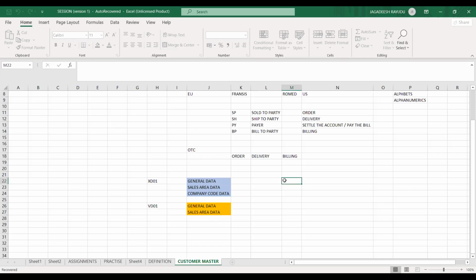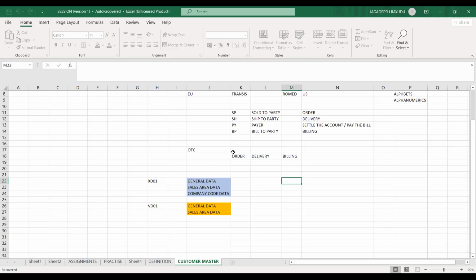Today let me log in to SAP. Let me show you where exactly these data need to be configured and how we are going to fill this data. And apart from that, I will get into what all the partners we have, one by one.